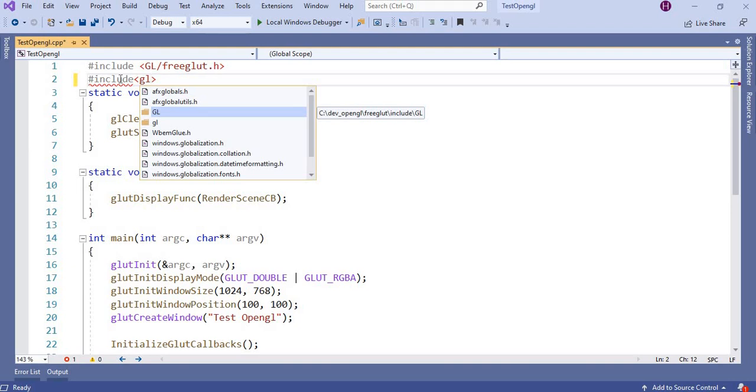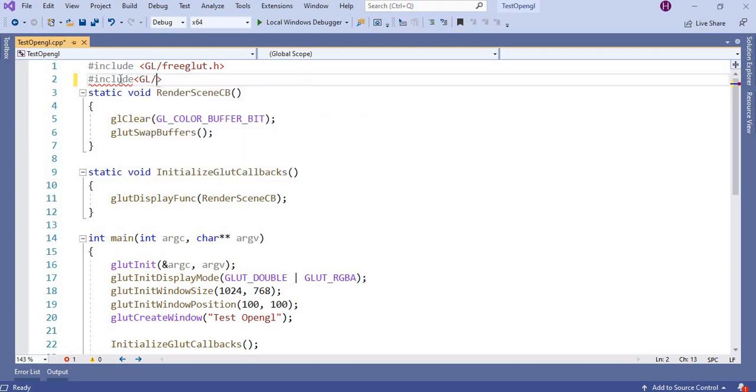Okay, you can change this path, GL or whatever you want to choose. So we have to choose the capital GL and all that header file which we need. Okay, so it will prompt to you like this.